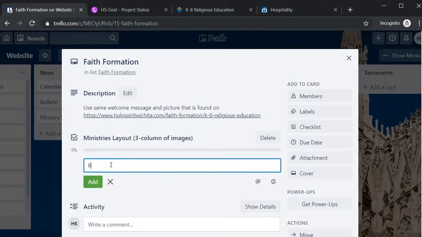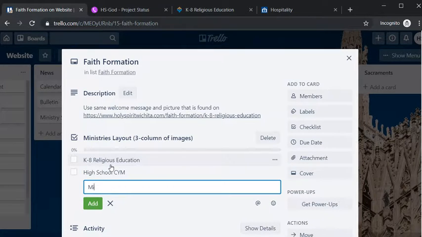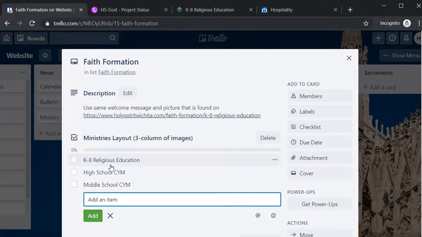And so the first one might be K through 8 religious education, high school CYM, middle school CYM. If that's the way that's done, once again, and maybe it's better to put all that in the description